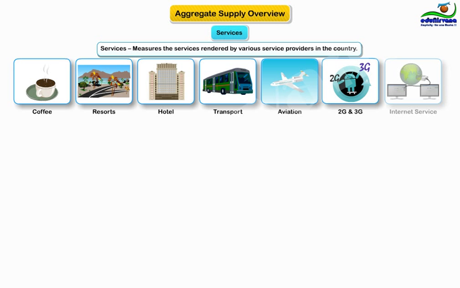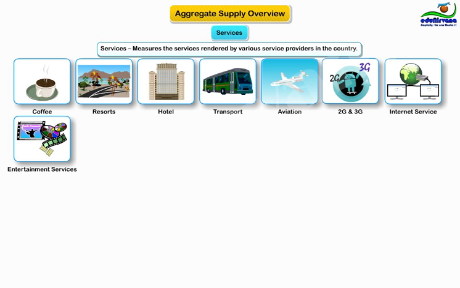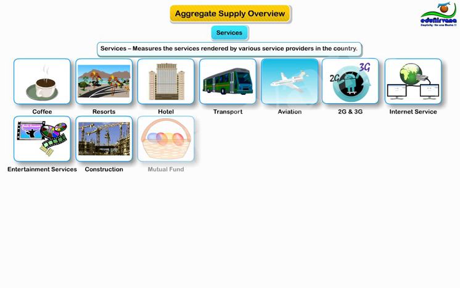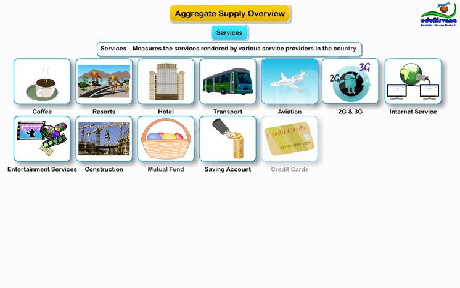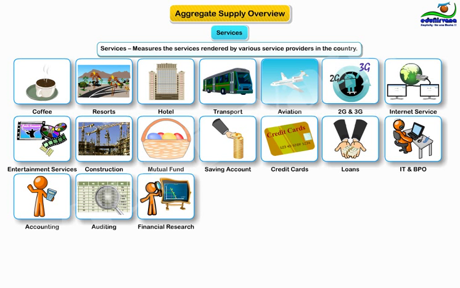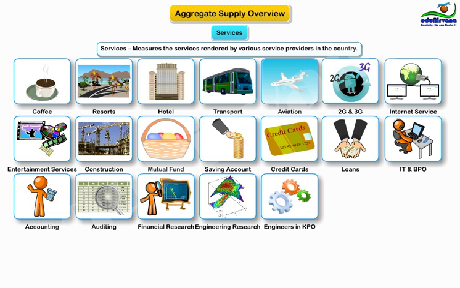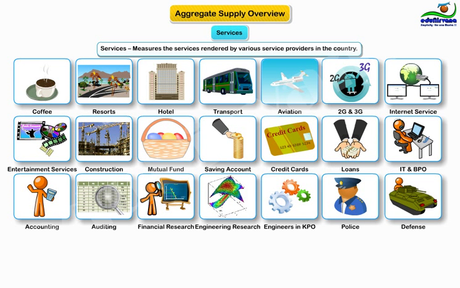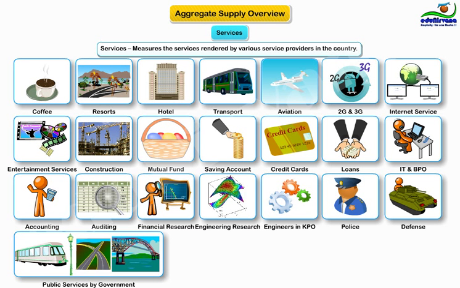internet services provided by telecom providers, entertainment services provided by media, construction services provided by real estate companies, mutual funds, saving accounts, credit cards, loans, etc., services provided by banks and other finance companies, IT and BPO services provided by multinational companies, accounting, auditing, financial research, engineering research services provided by managers and engineers of KPOs, police, defense and other public services provided by government, construction services like housing,